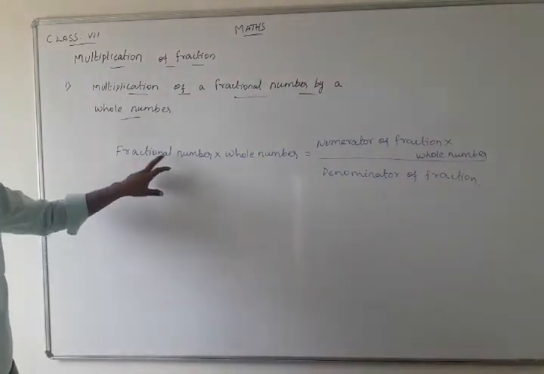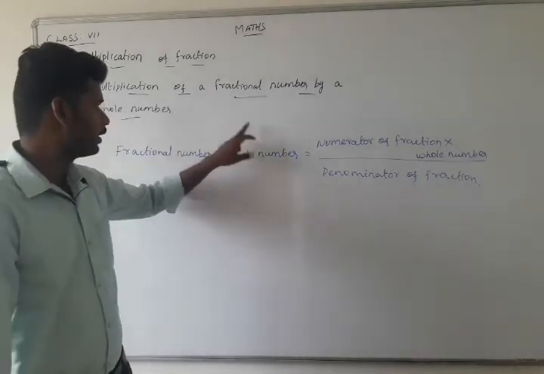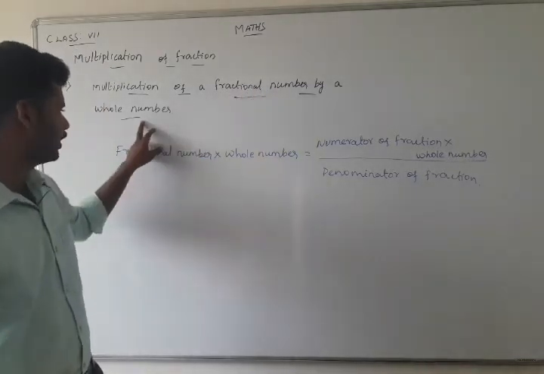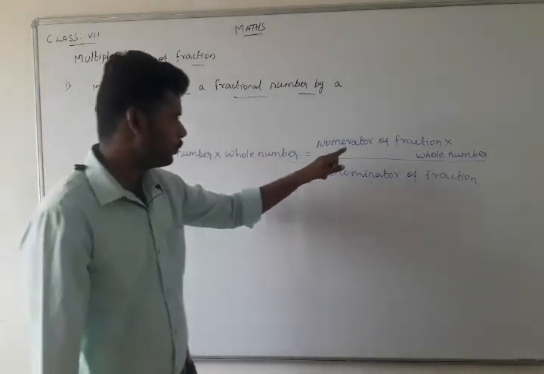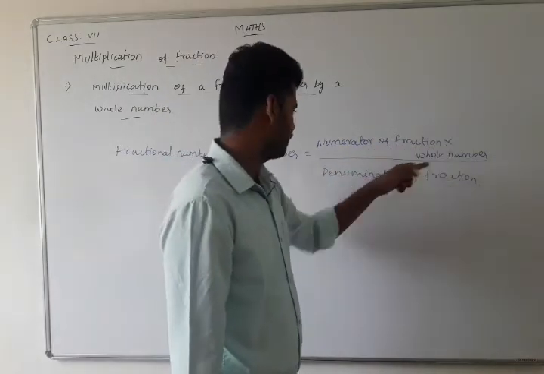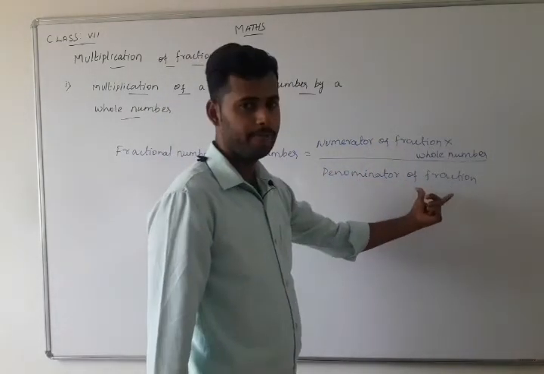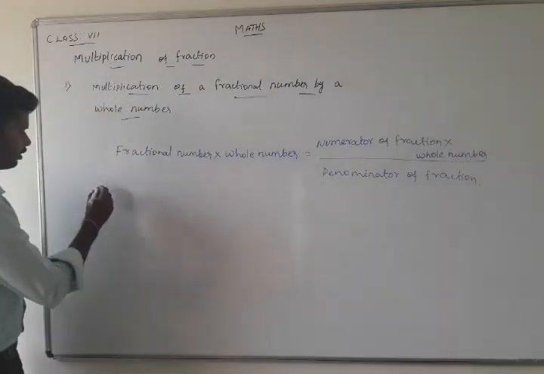Denominator fraction. Here, a fraction number into a whole number. Here, a fraction number by a whole number. How to multiply? Numerator of the fraction into the whole number, divide by the denominator of the fraction. Example,